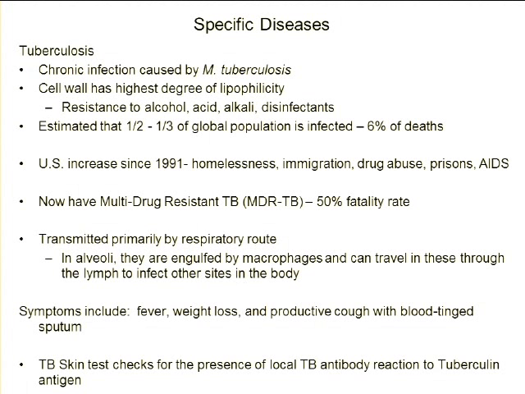Overall, the overall rate has fallen. Okay? The overall rate of transmission in the country has fallen, but the incidence has actually been going up. A lot of this is due to homelessness. Immigration is a big one, and I'll show you some of the epidemiology that shows how foreign-born folks like me affect the rate of TB. Drug abuse due to the needles. Prisons due to the easy spread and the close contact of prisoners, as well as the AIDS epidemic.